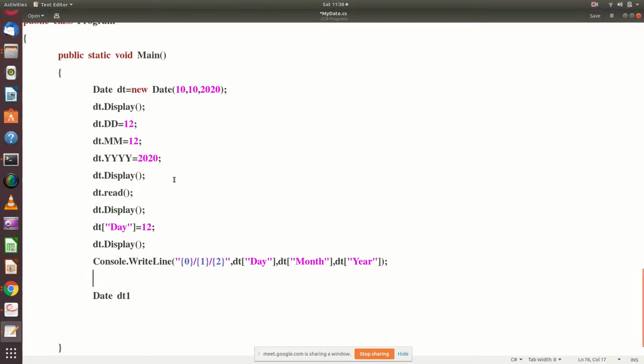Okay. So we are going to see why copy constructor is used. Let us assume that I am going to define a value int a = 100. Now when I want to copy the value of a to b, you will simply use an assignment statement. You will say int b is equal to a. Now if you try to display the value of b, the value of a will be 100 and the value of b will also be 100. Say I am going to use a Console.WriteLine.